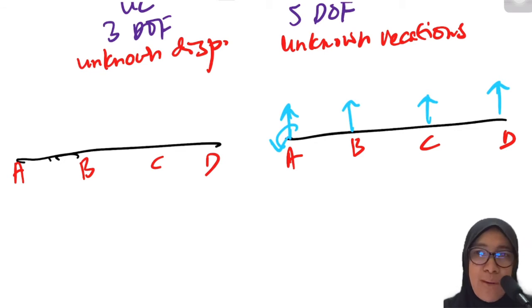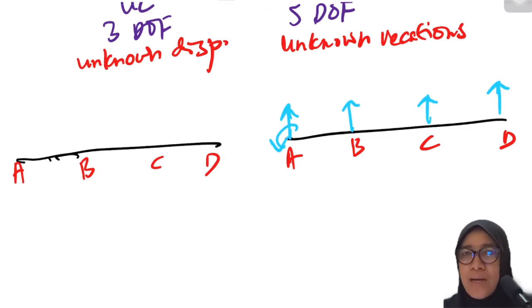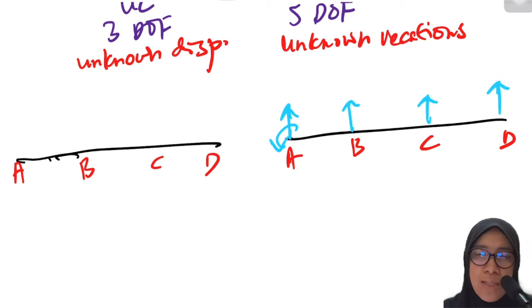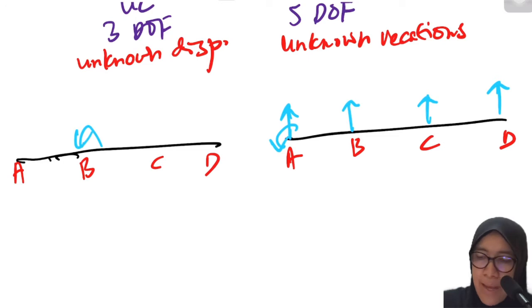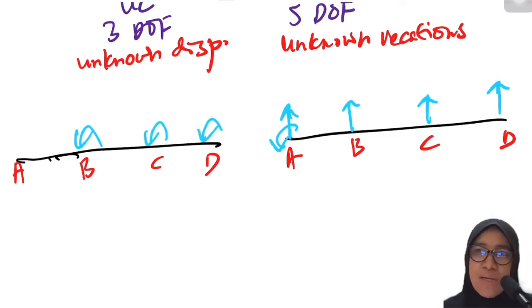Means that we must make sure that at A there are 2 YZ, at B YZ, at C YZ, at D YZ. So at A there's no need to put the degree of freedom in unconstrained system, because 2 has been put at A. So at B, since only 1 has been put in constrained system, we have to complete the degree of freedom at unconstrained system. We have to put Z at B, Z at C, Z at D. So now in total we can calculate that there are 8